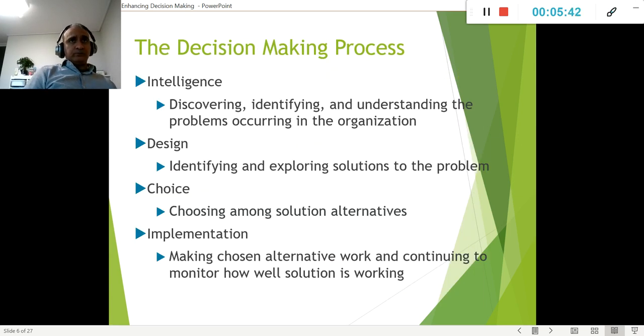So when we're going through this decision making process, first of all, we need the intelligence. So what is intelligence? Pretty much it is understanding what kind of problems we have and what kind of data we have. Well, the problems come after collecting the data. We have a lot of data and we have to try to make some intelligence out of it, meaning that we have a lot of unstructured data.